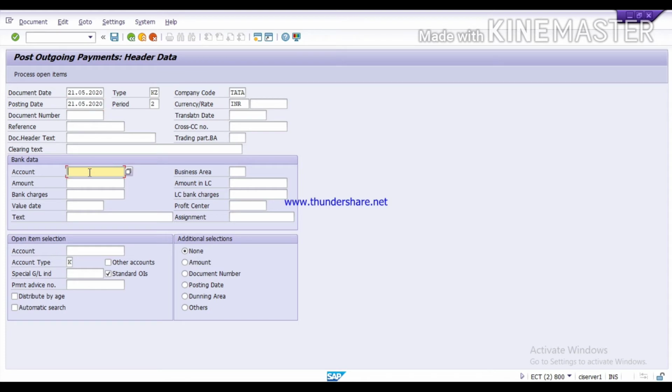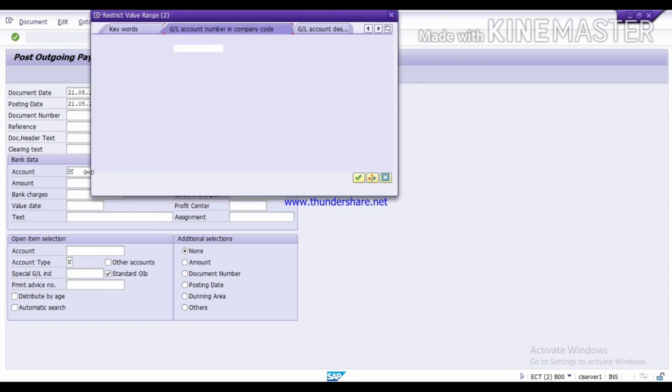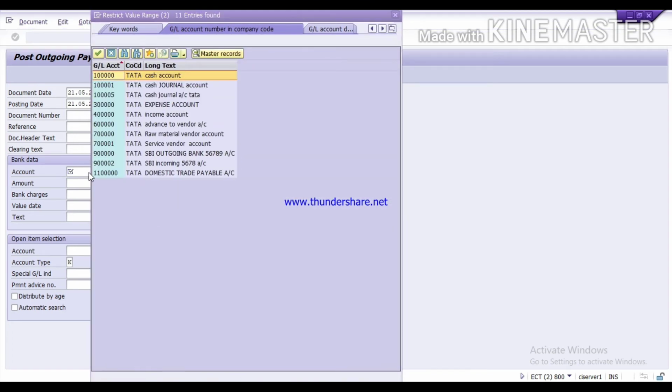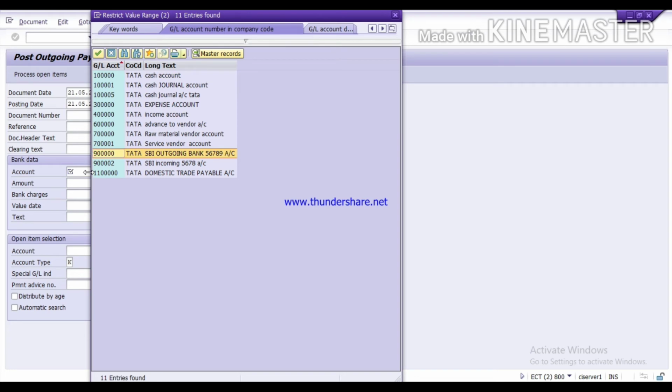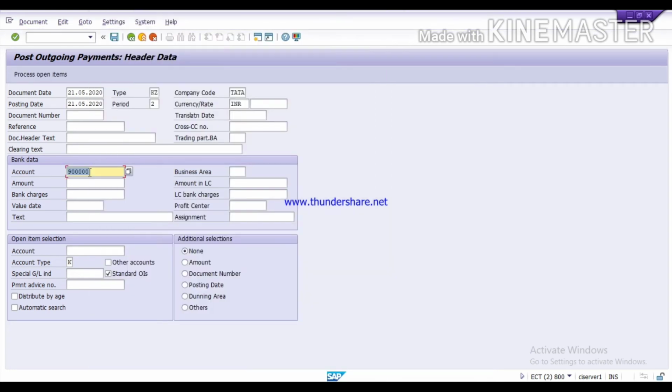Here we have to select the bank account. Press the F4 key, enter. Select the bank account, outgoing bank. Amount is 22,000. Value date 21st. Text: vendor payment.